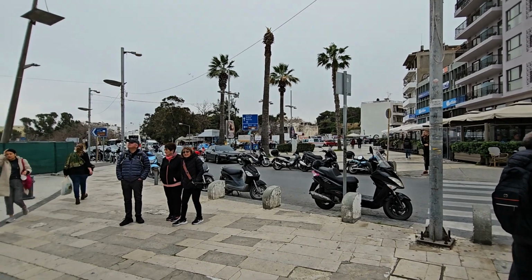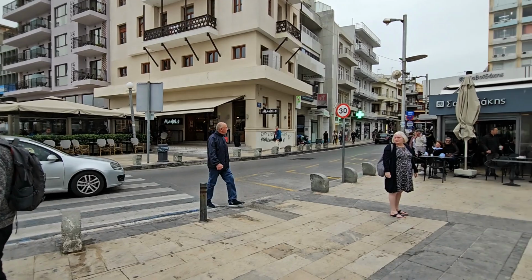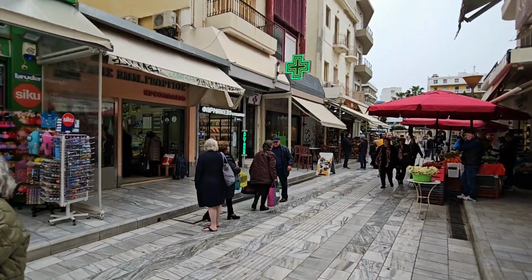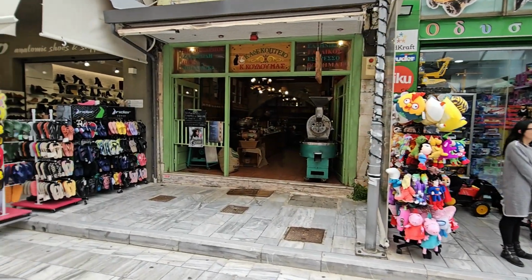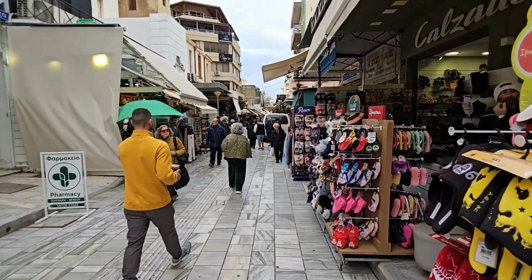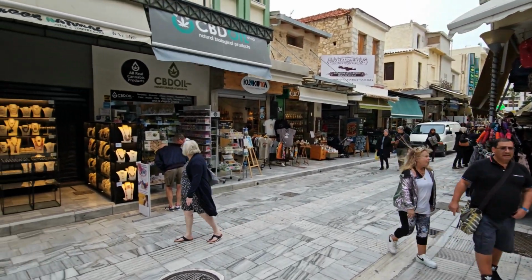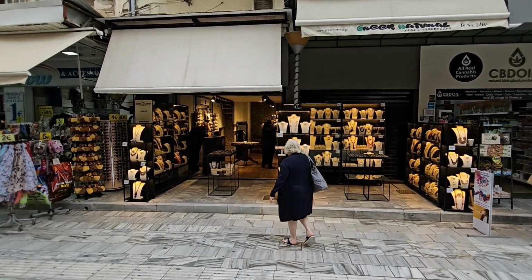and of course our Greek friends are still wrapped up in their coats, and it is on the chilly side. Nicely pedestrianised so we can avoid any traffic and be able to take a good look about what's around. And the streets and corners adorned with leather goods and jewellery, relatively inexpensive jewellery,